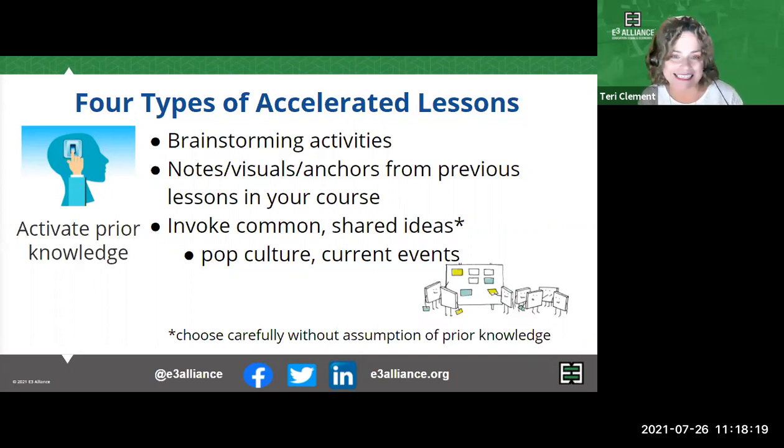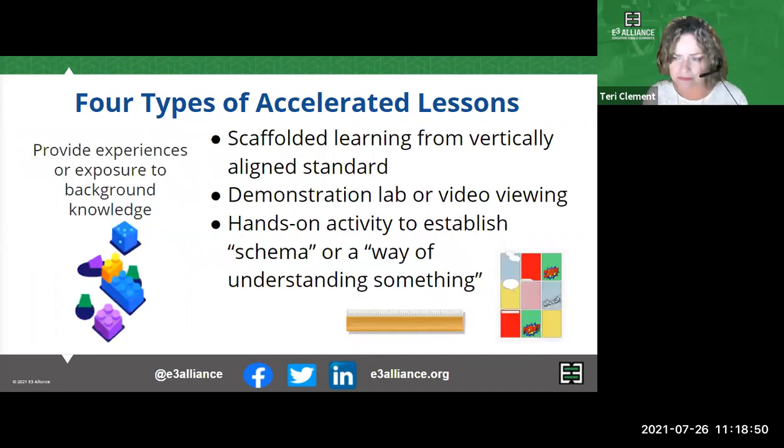One more great idea for really activating that prior knowledge is thinking about students' knowledge that's fairly common. So things in pop culture, music, current events, things that have been discussed in the classroom even the day before. If there's some way to anchor the types of thinking around those things to the learning that's coming up, and leveraging that in an accelerated lesson ahead of time, like Amy said, to really get ahead of it, then that would be a fantastic approach.